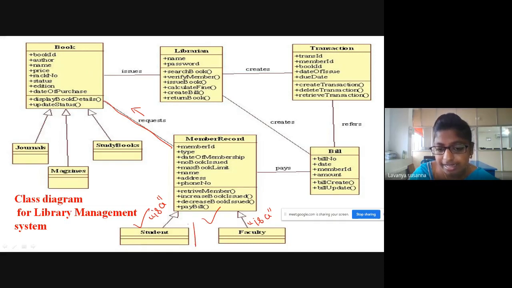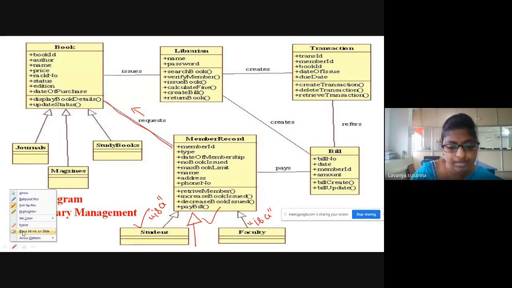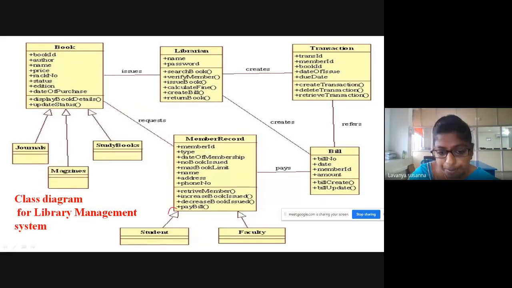Line and then triangle. See here. Okay, this is important. The triangle is pointing to this member record, right? So member record is the superclass or parent class. What are the subclasses here? Student class is a subclass. Faculty is a subclass.